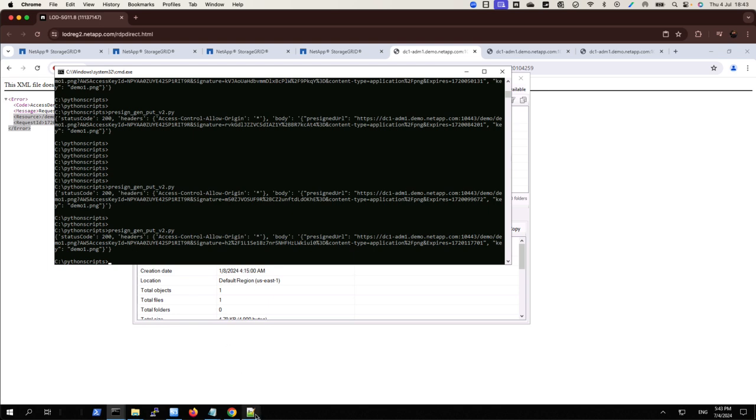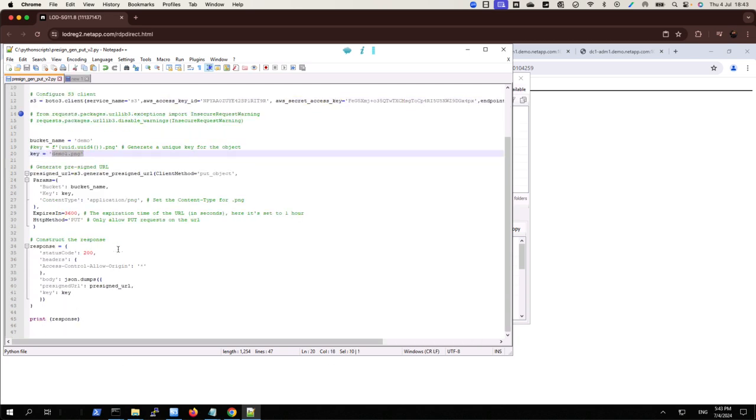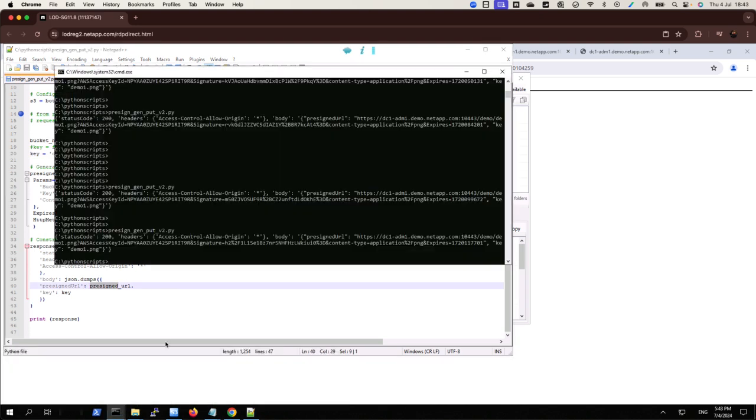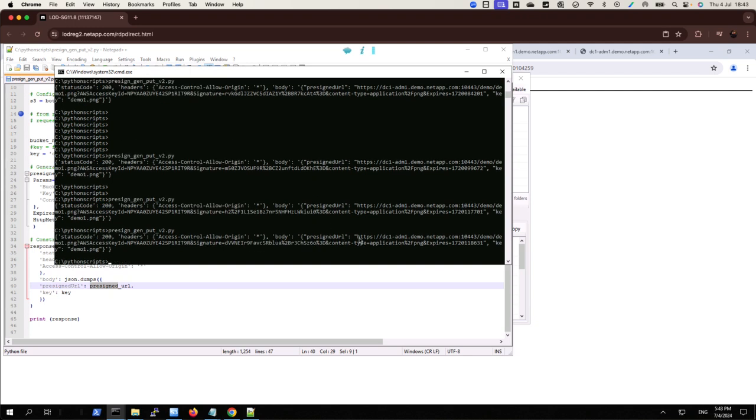In this case, I'm using a simple Python script, which is talking to my StorageGRID endpoint, providing my credentials, and providing the bucket name and the type and the file I'm uploading. And it's going to generate a PreSigned URL path back to me. I have that script, and I'm going to run that script now to get the PreSigned URL. And fairly quick, as you see, I got this URL,